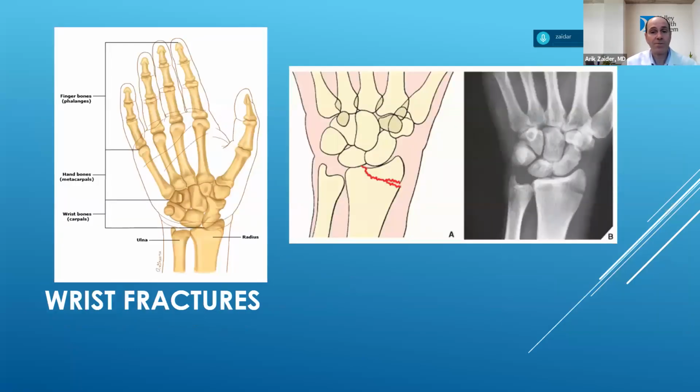So just a brief word about fractures, different fractures are higher in incidence in different age groups. So wrist fractures are more common in younger women. The common scenario for wrist fracture is, I fell against an outstretched arm, and this is how a radial fracture or a Colles fracture often develops. You can see it depicted here in the picture, and you see hints of it on the X-ray. It doesn't always need surgery. Sometimes it suffices to put a cast on it, but that's a hint that happens.